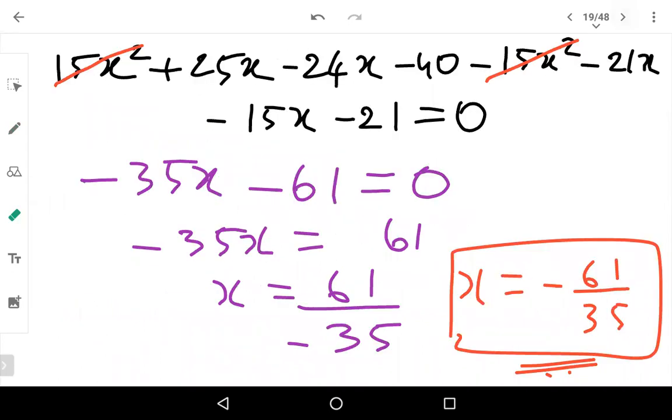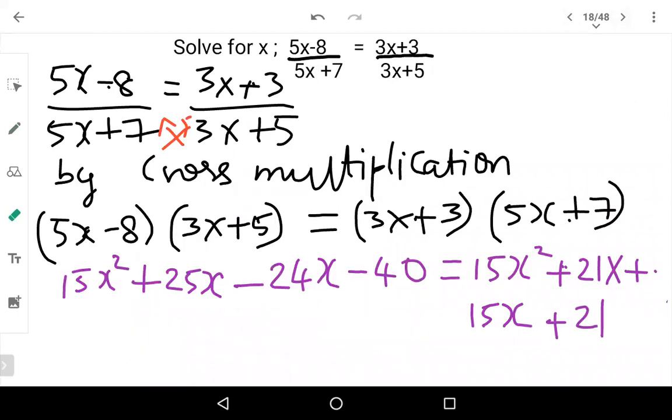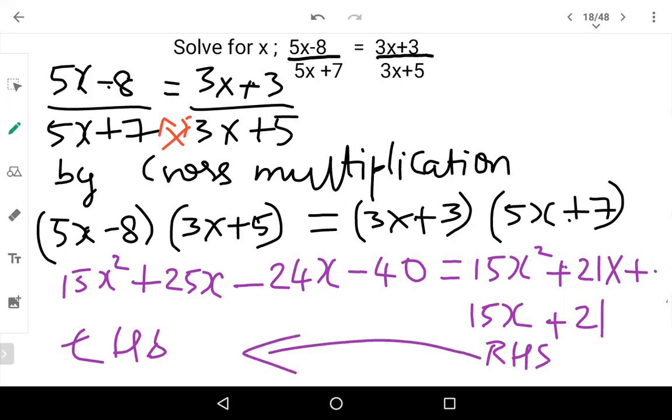Fine. Now moving on to the next step, what we are going to do is, this equation that we have got here, this side is LHS, and the other side of the equation is RHS, right? So we're going to get all the RHS expressions towards LHS. So we're going to change sign and get all the RHS expression to the LHS side. So let us see how that can be done.